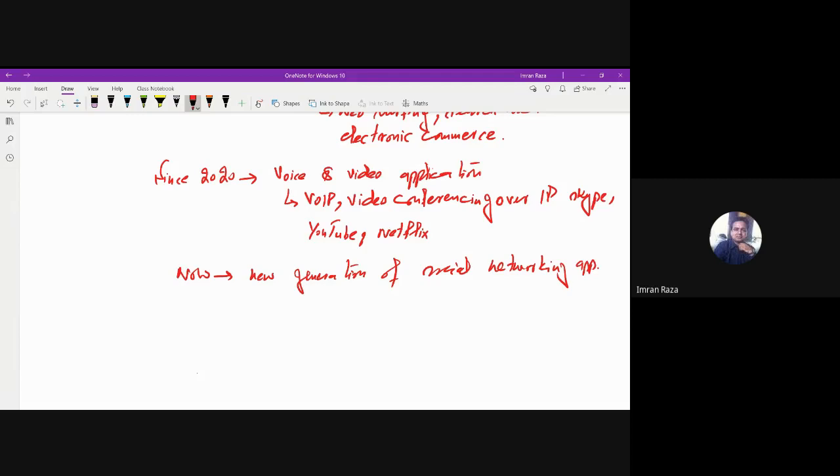Obviously, we cannot discuss all of them here, so we'll discuss some very important and key applications that we use in daily life, such as web, DNS, email, proxy servers, and then some peer-to-peer applications in this and a couple of coming lectures. So let's start talking about the principles of network applications.